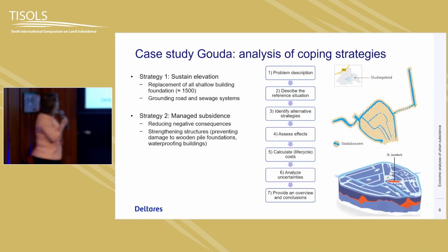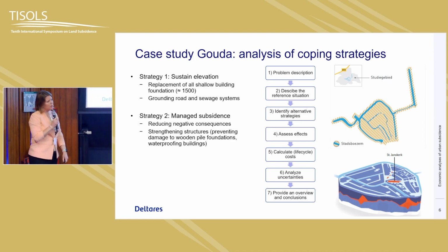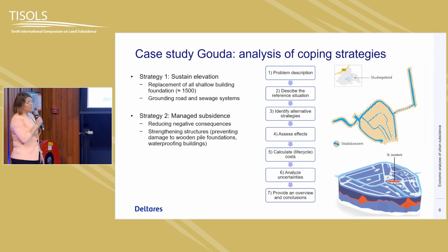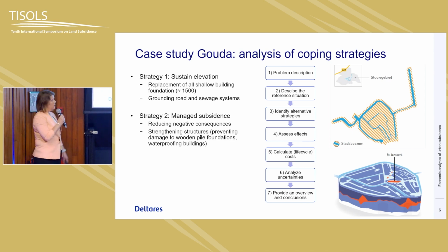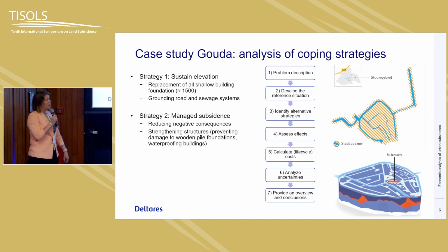So what we did in this case study, which was actually part of the planning process of the municipality of Gouda, is we compared different coping strategies. Two basic strategies that we compared were sustained elevation. And what we did in this strategy